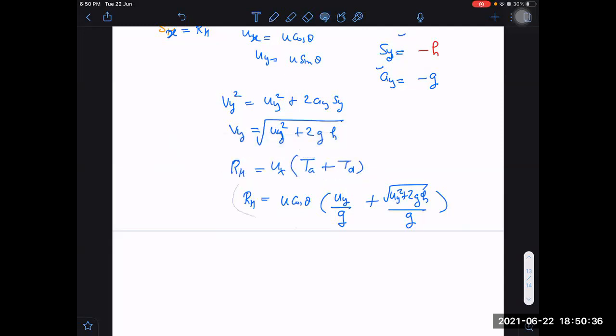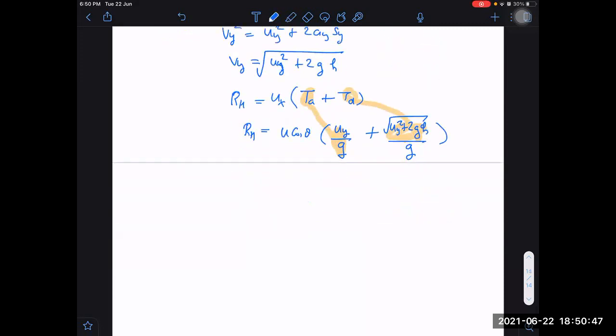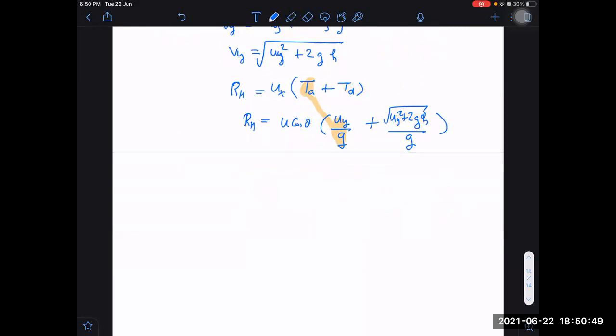Now I know you may still not be 100% satisfied because I explained what is time of ascent, but I did not explain what is time of descent. But I think you can apply that, you can get that time of descent in the same way. Can you get it or not? Yes, sir. Understood, sir.